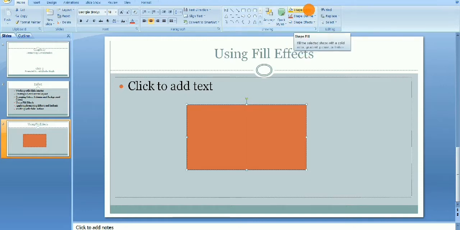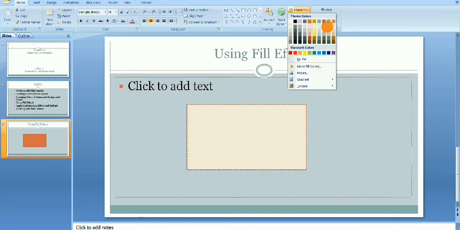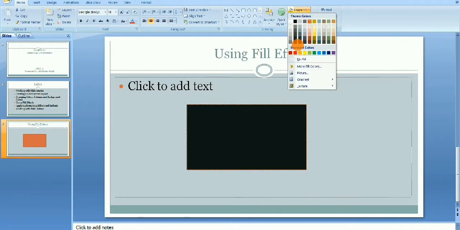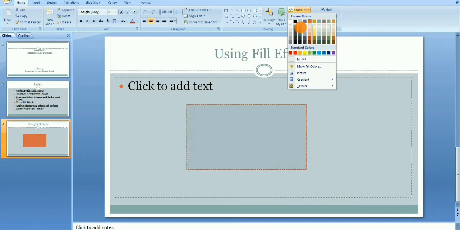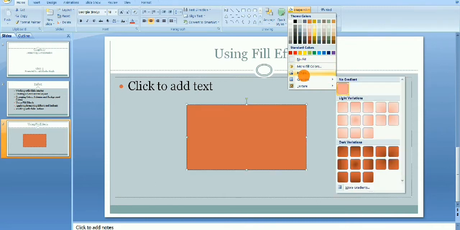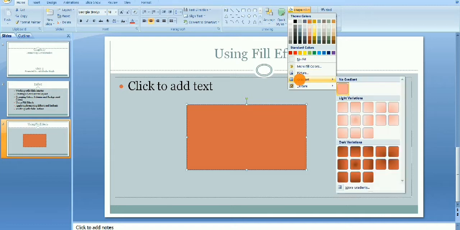When you click on this arrow, you will find different colors from here. This is up to you which color you want to choose. Otherwise, you can also set a picture as a fill effect from here. If you want to set the gradient color, what is the gradient color?